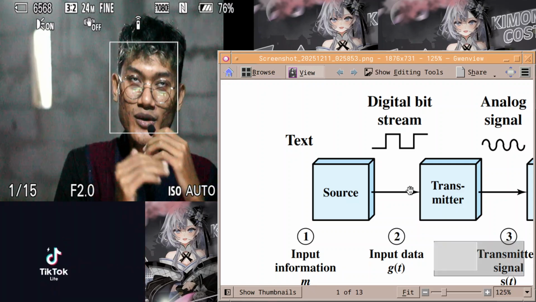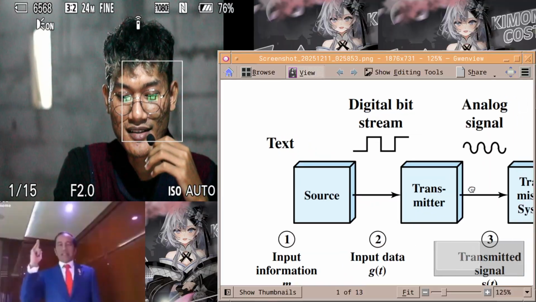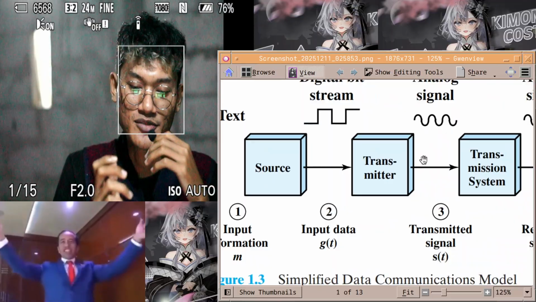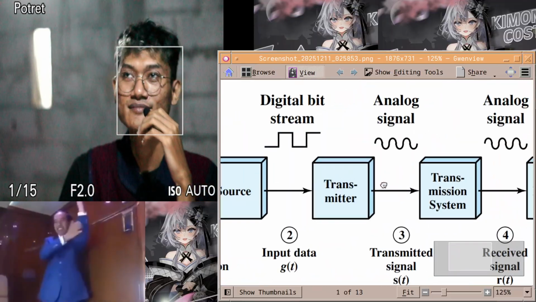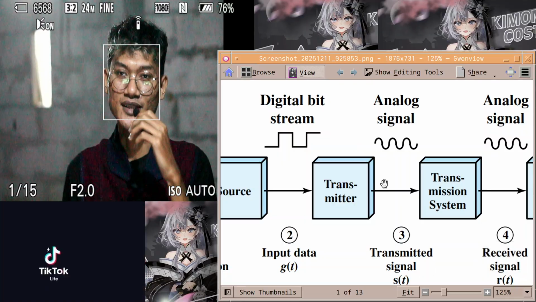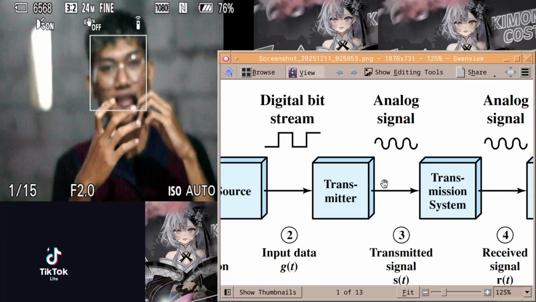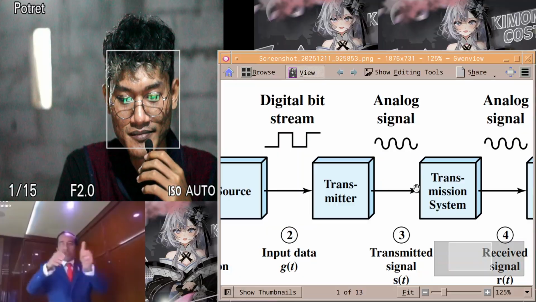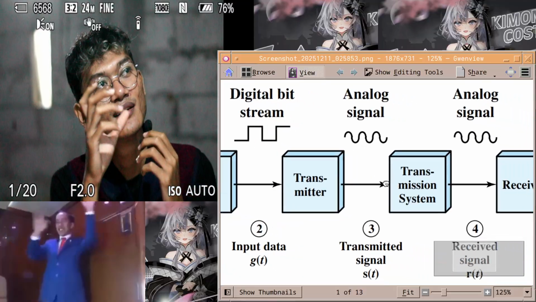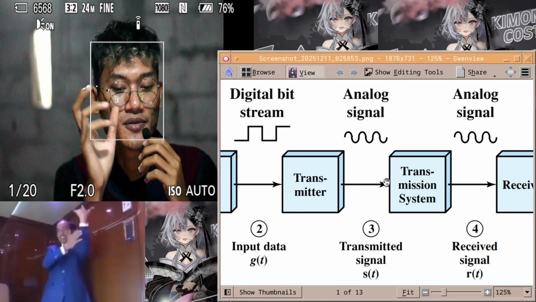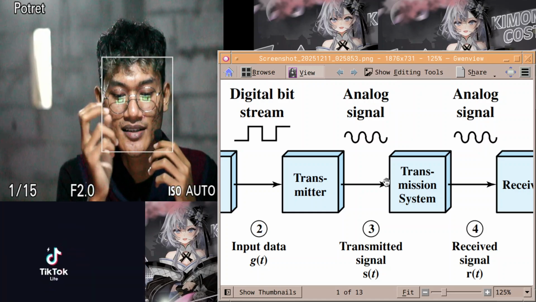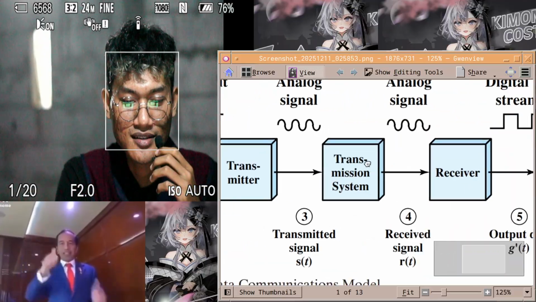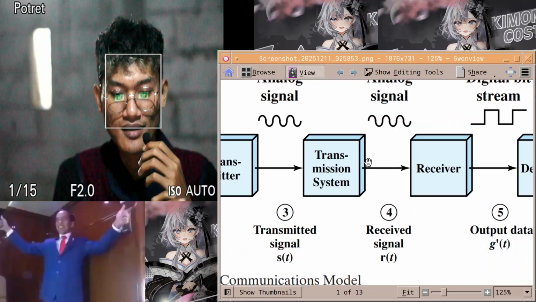It's like ones and zeros, and that information gets transmitted by the cable itself, and it will be transformed into an analog signal, and those analog signals get passed to the transmission system, which will